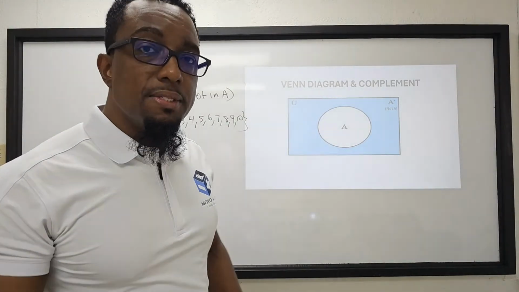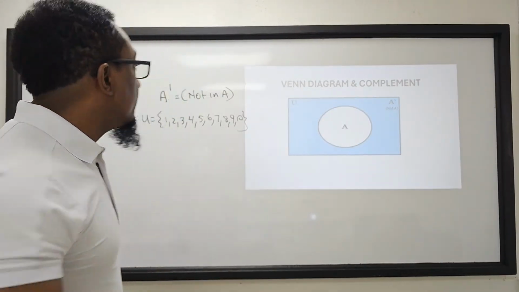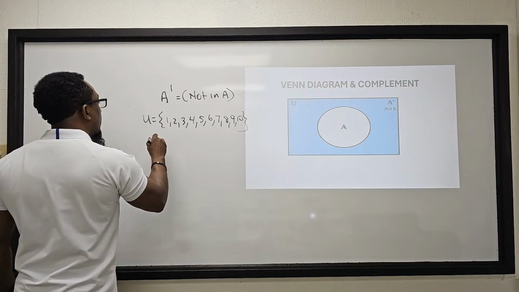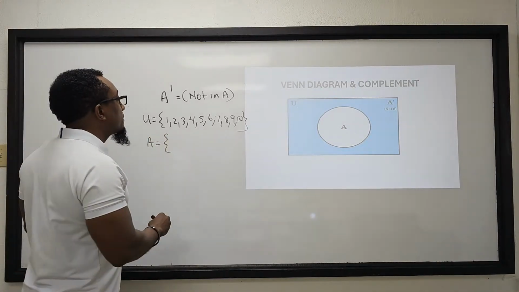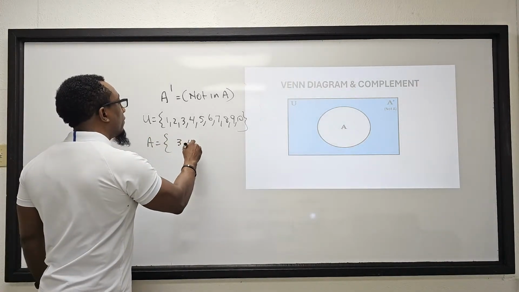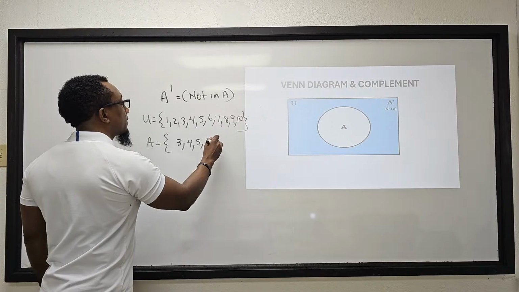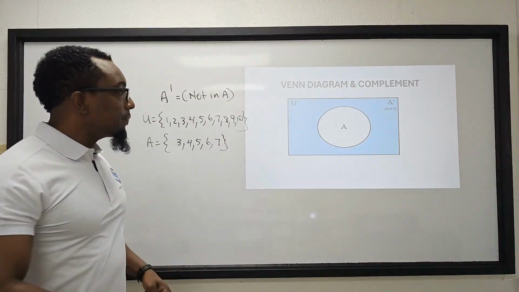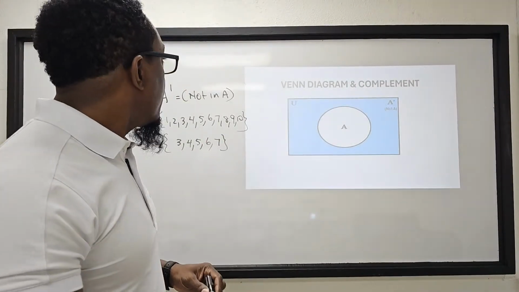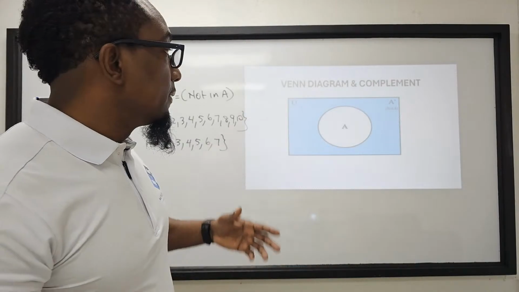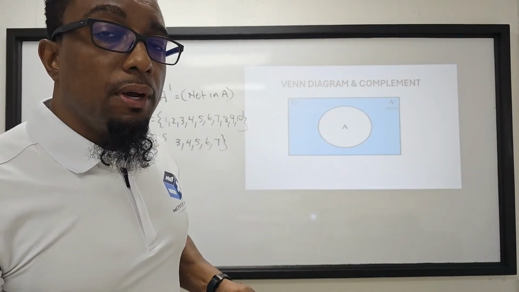That's my universal set. And suppose I have set A, whose elements are 3, 4, 5, 6, 7, for example,